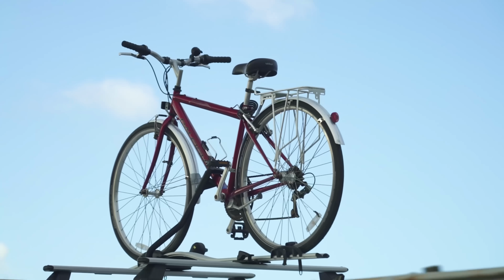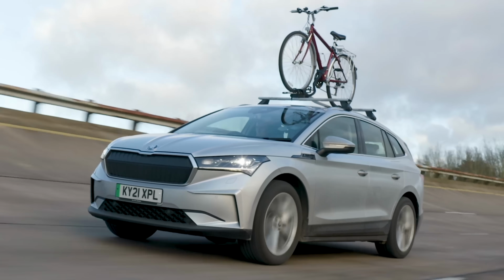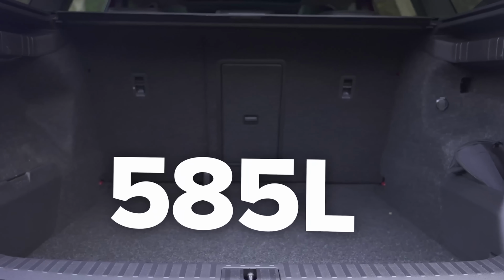Now I could, in theory, be carrying the bike inside the car if I folded down the back seats. But if you've got rear passengers, you don't want to fold down those back seats. Would I be able to fit it in the boot? Well, if you can detach the front and rear wheels, then you probably would, because the boot capacity on this car is 585 litres, which is pretty decent. So if you compare that